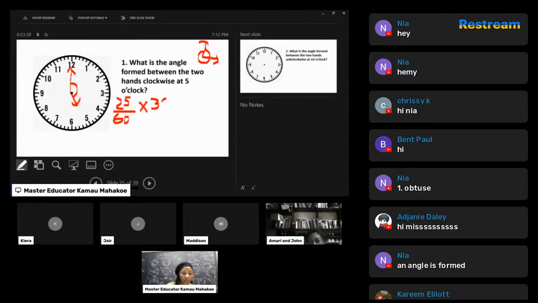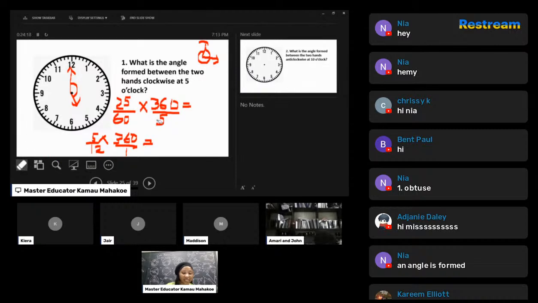Who remembers? Would it be 5/60 times 360/1? Not 5/60. If we're expressing it in terms of hours, it will be 5 over the full 12 hours. 5 hours out of the full 12 hours. So either way you look at it, it's the same thing really. Sorry, why did I put that over 5? I was saying 5 at the same time when I was writing it. So I'm going to change it. It should be over 1.